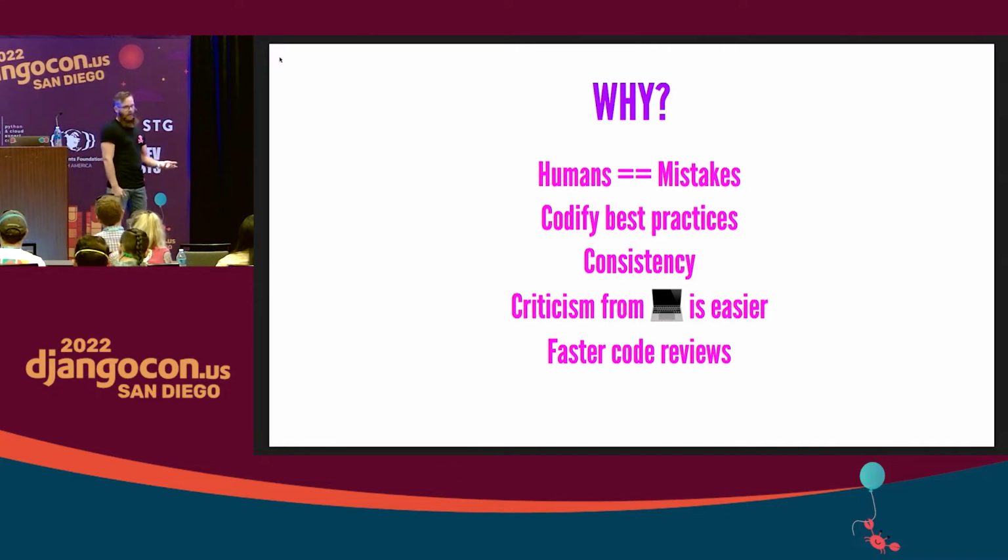And finally, all of these things contribute to the fact that you can have faster code reviews. The canonical example is that in a code review, I'm not going to have to complain about whether you're doing white spacing or whether you have a blank line here or not. That takes up a lot of time and cycles, and it can be really demoralizing for a junior engineer who's just trying to get their code merged. So all these things contribute to faster code reviews.